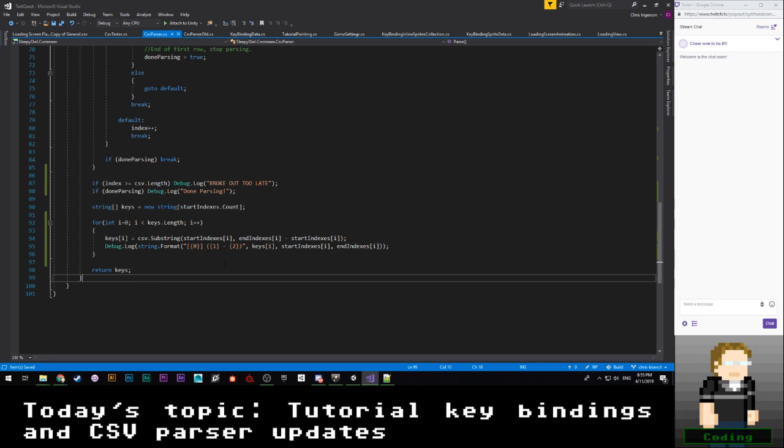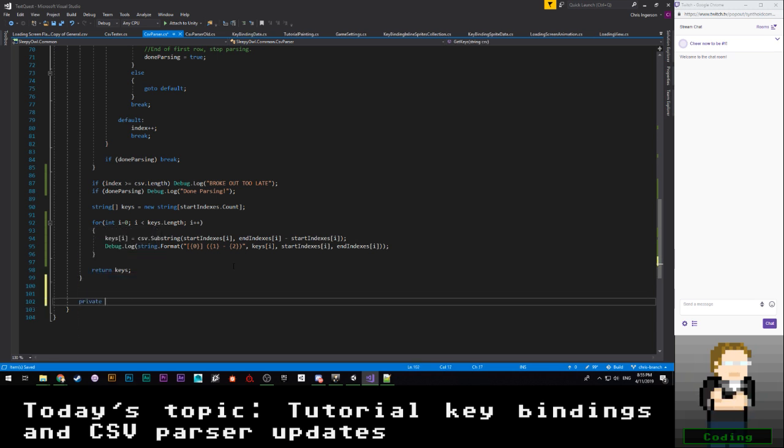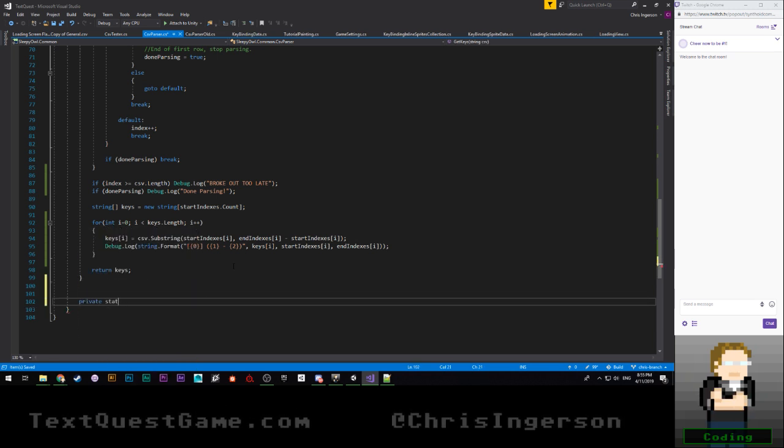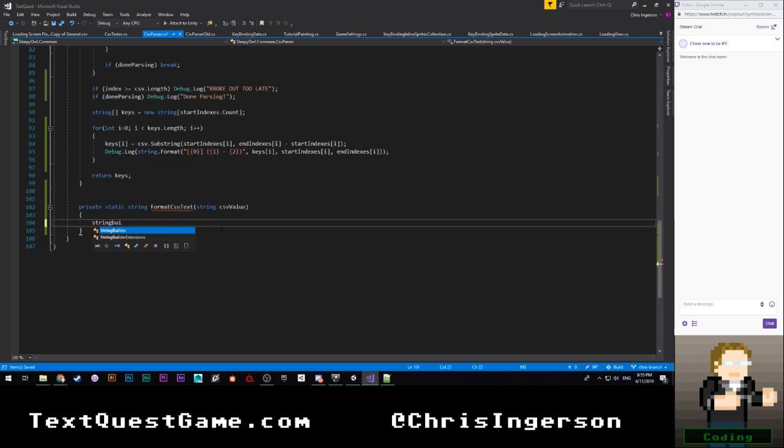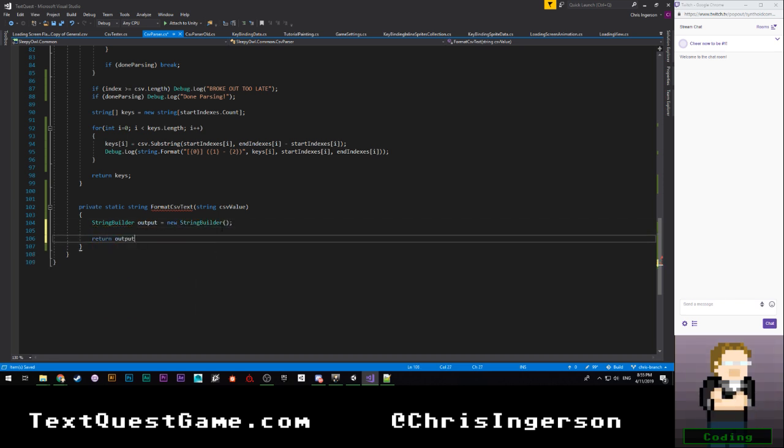So let's put that at the bottom here. We're just going to go ahead and say private static string formatCSVText, string csvValue. Okay, so this is going to take a string builder. Output is equal to new StringBuilder, return output.toString. Okay, and all we're going to do here is we're just going to say